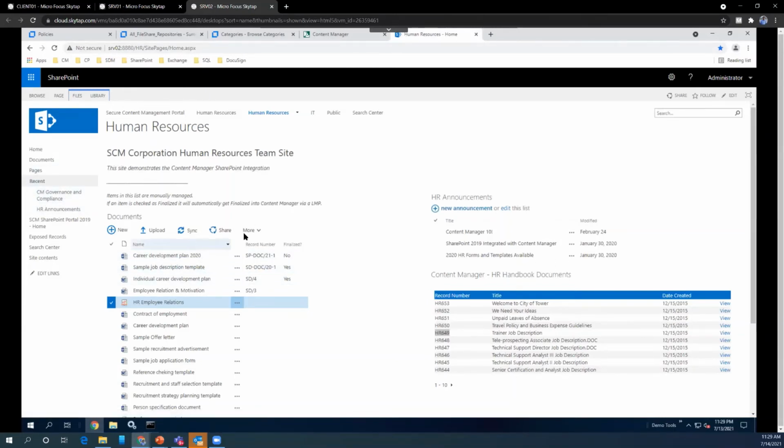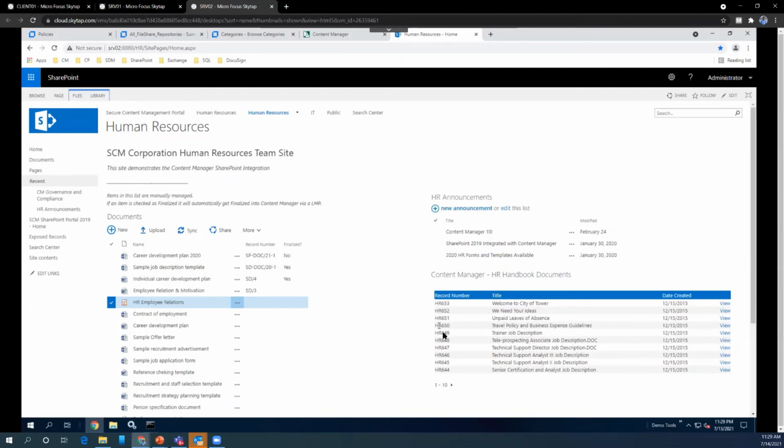So with this, you see that these are the documents being managed by SharePoint. It is still there, but the numbering is being assigned by the Content Manager. So it means that they are managed by the Content Manager, but they are still there in SharePoint. These are the documents which have already been moved to Content Manager.